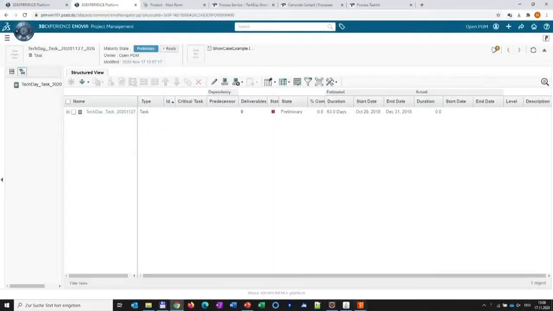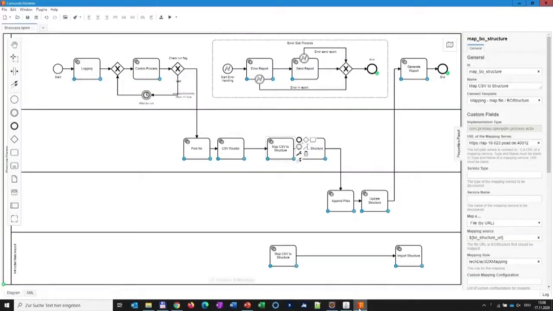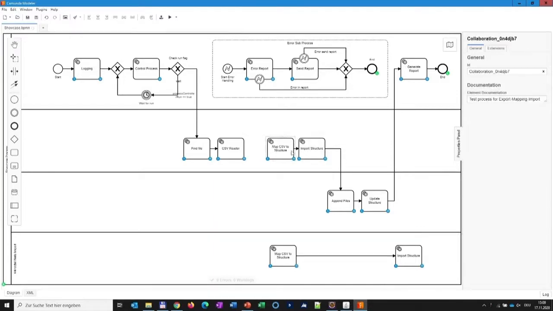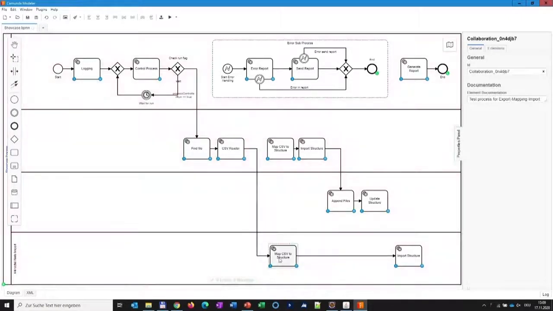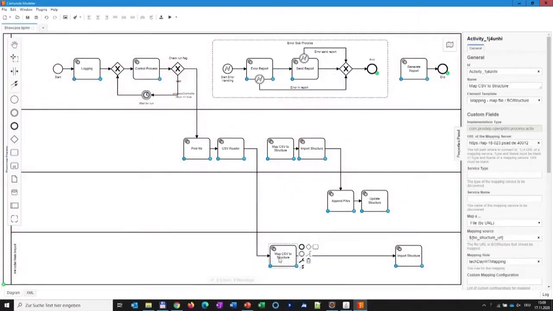Let's have a brief look at how it is when we change the process. And change at this point, I thought I'll just use a different PLM system. That means I'm going to break down the process in such a way that the connection is no longer with the tasks that go to 3D Experience and 3D Experience mapping, but now I'm going to connect the process flow, orchestration of the tasks, after reading the file, to mapping to Windchill.